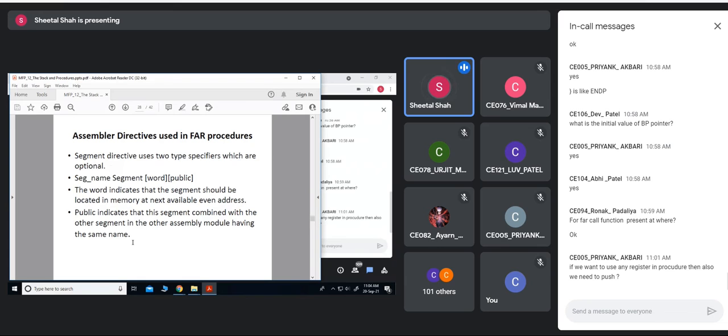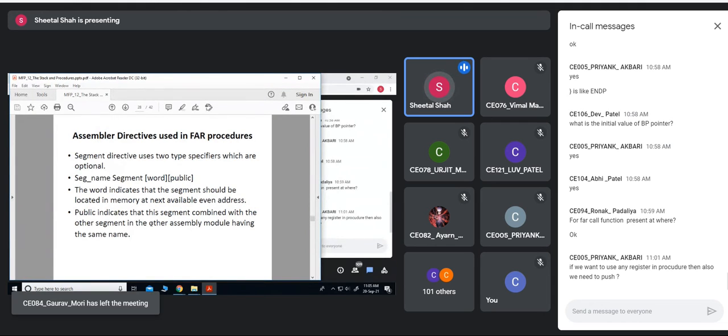If I write PUBLIC, then this segment can be accessed by the other program. So WORD indicates that the segment should be located at the next available even address, whereas PUBLIC indicates that this segment is combined with the other segment. If I provide the same name in another segment in another assembly program, then I can link both these segments together.